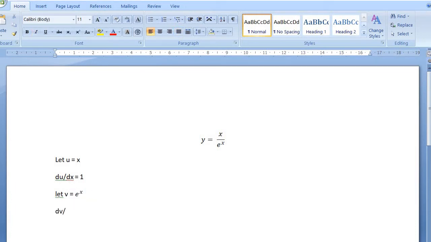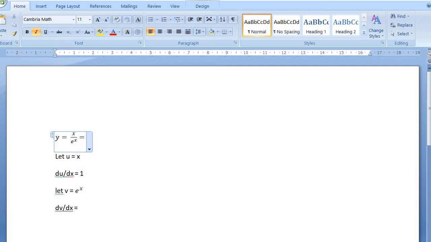So dv dx equal to, oh sorry, here I missed one thing, equal to x power exponential negative x, which is easy. Then we'll have negative exponential power negative x. Then we will apply the rule dy dx